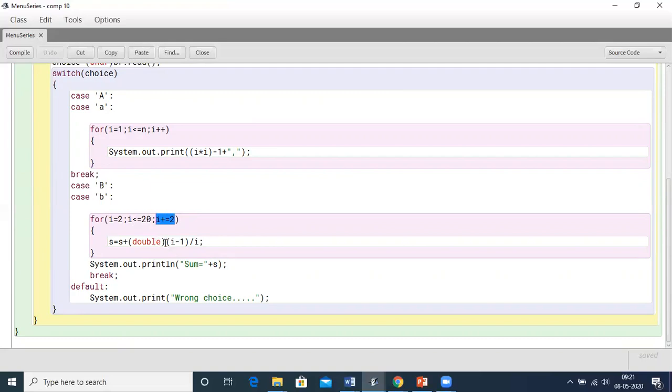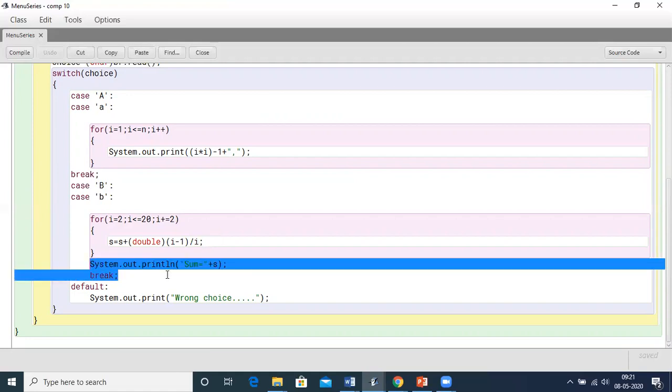Double i minus 1, because the difference between the denominator and the numerator is 1. So we have taken the numerator as i minus 1, where i is the denominator. Then I'm printing the series over here, because it asks for the sum of the series. That is why I'm printing the sum outside the for loop. Then we break, so once it ends, it will automatically break and come out of the switch block.